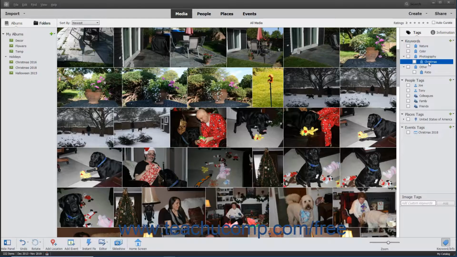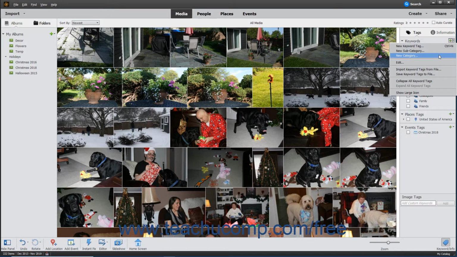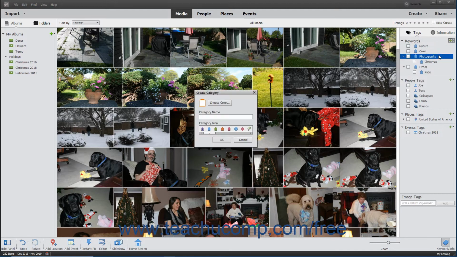www.teachucomp.com/free. To create a new tag category for your tags, simply click the drop-down arrow at the right side of the New button, which looks like a green plus sign, to the right of the keywords label within the Tags panel, and then select the New Category command from the drop-down menu that appears to open the Create Category dialog